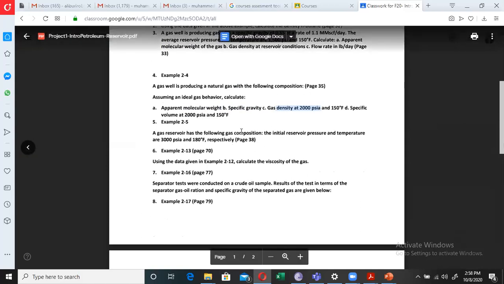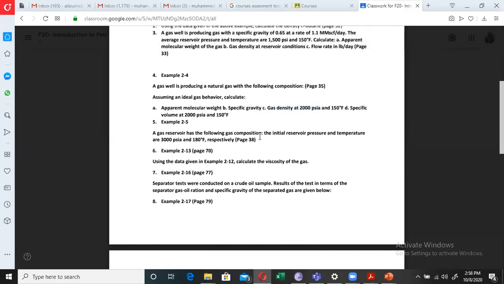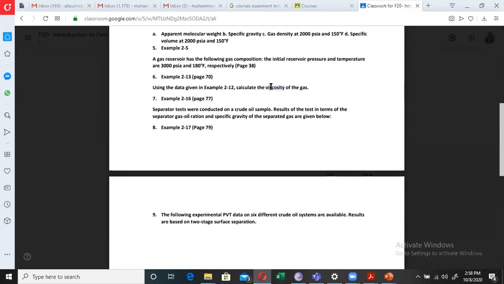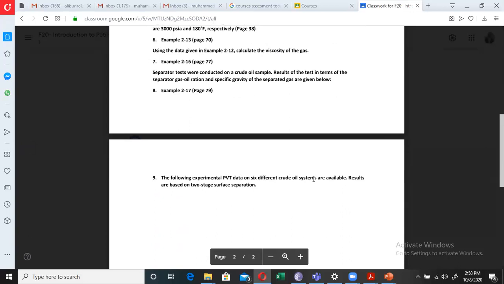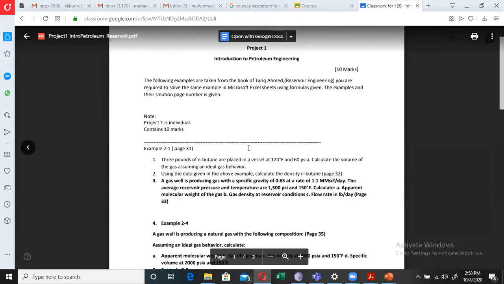Here it's talking about calculating the Z factor in one of the examples. Here it is talking about the Z factor. Here it is talking about the viscosity, calculating the viscosity of the gas. Here it is talking about the PVT data. Okay, so simple questions, just go through them and solve them in Microsoft